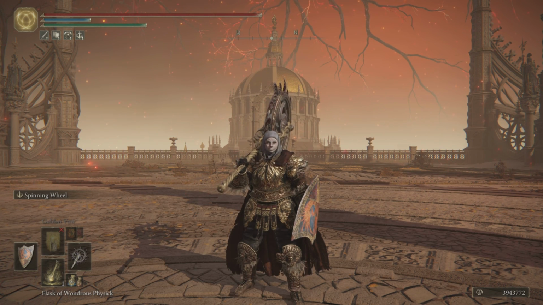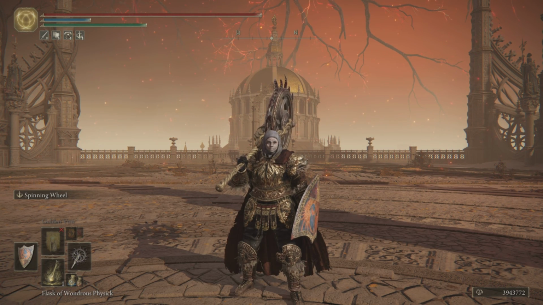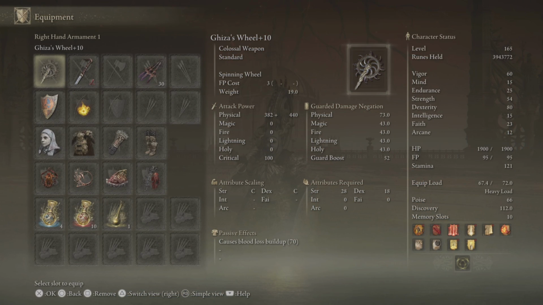Hey guys, today I'm going to show you a cool build I made that can use all 7 of these unique weapons. Everything here was done on NG Plus and with the same stats you see here on the right. You see we've got 60 Vigor, 54 Strength which turns into 80 when we two-hand our weapon, 80 Dexterity, and 23 Faith which when we boost Faith in our Wondrous Physick turns into 33, allowing us to use Hallowed Shibiri